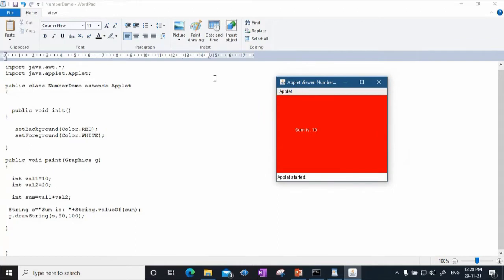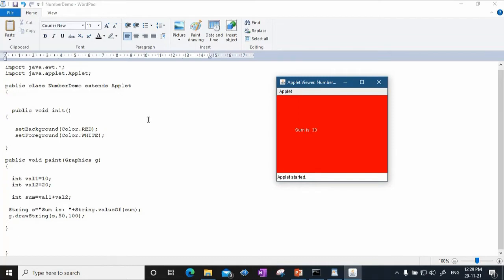Now last we will also see another example. I will do the modification in this code itself. Many times we require the user to give an input through the keyboard. So how to get an input from the keyboard? For that you require something like text areas or text fields. We say text boxes, and to display the answers we require something like labels, right? So applet allows you to have text boxes. Basically there is a class in the applet package called TextField.